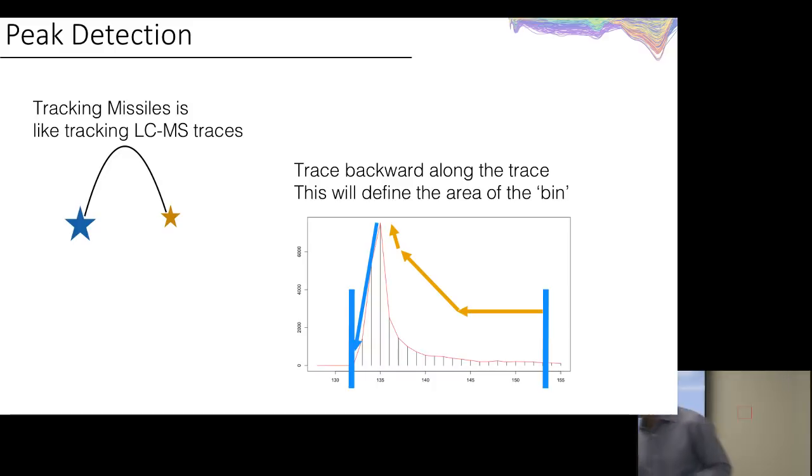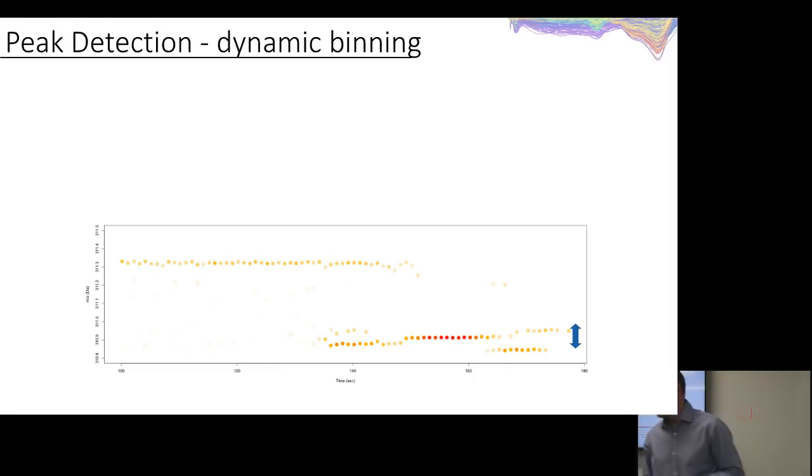And now what's really neat about this is that we have started to find places where we've been able to dynamically bin this. So here in this image, we're seeing a different way of looking at the data. We have time on the bottom, so that's retention time in seconds on your x-axis. And then on your y-axis, instead of intensity, what we've put there is mass over charge. And so you can see here, and I'll do this both on the board and on the screen for everyone, you can see that there are various different